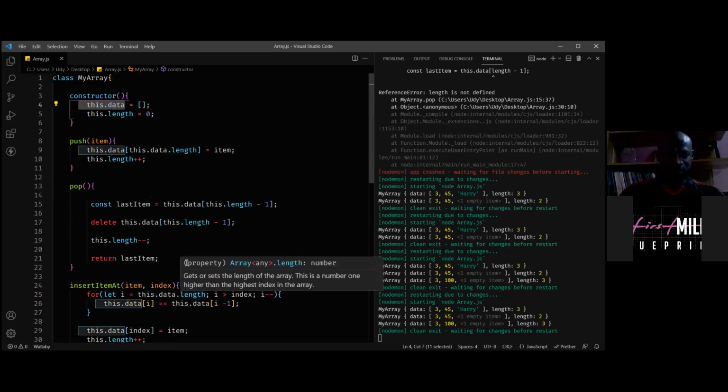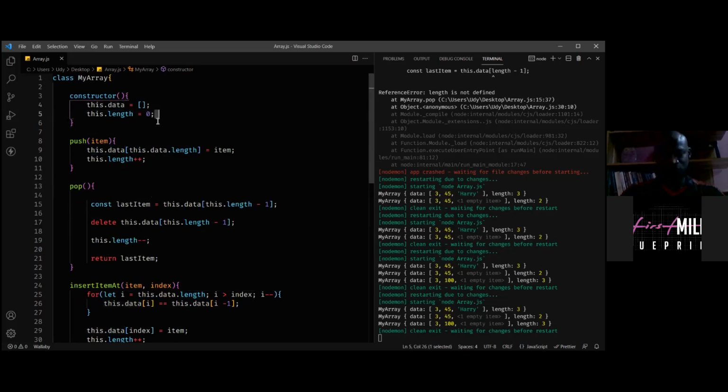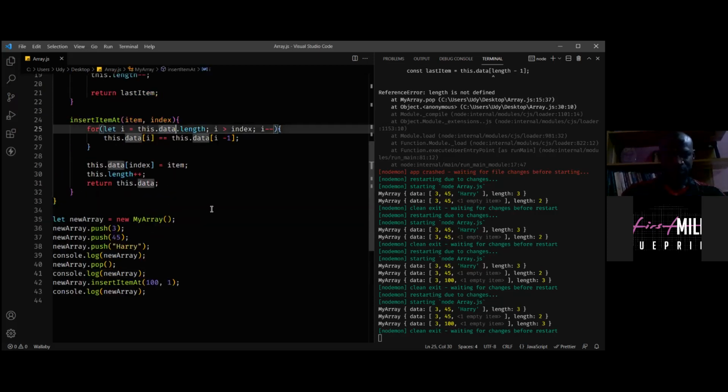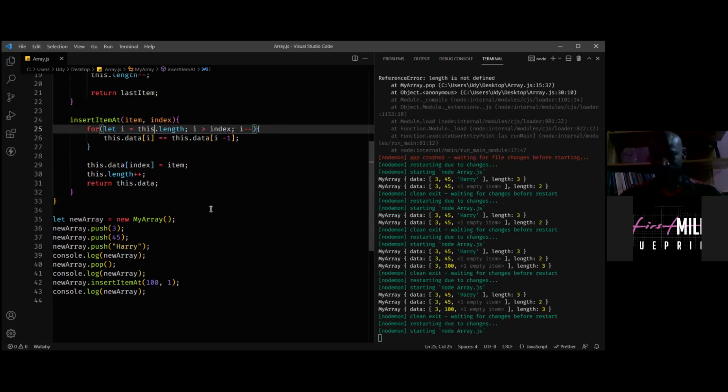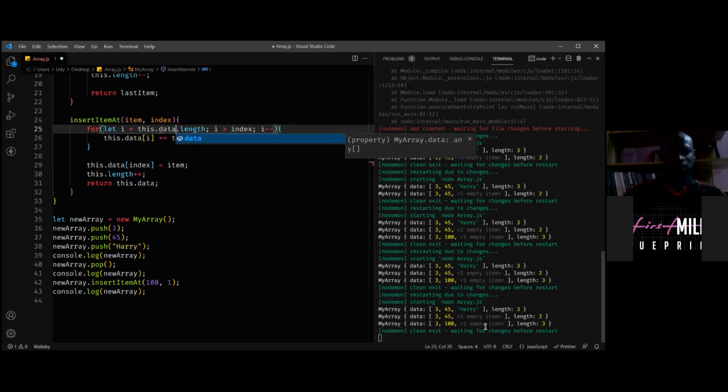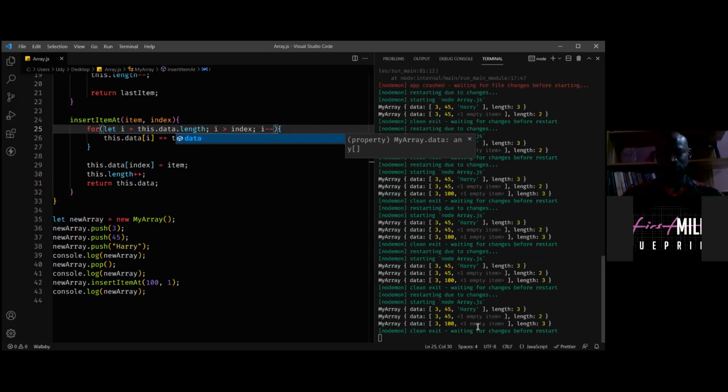This dot length is the maximum number of lengths in the array that you have already established. So whether you say this dot data or this dot length, they still make reference to the length of the array at this point. If I remove this dot data, it still gives the same answer.